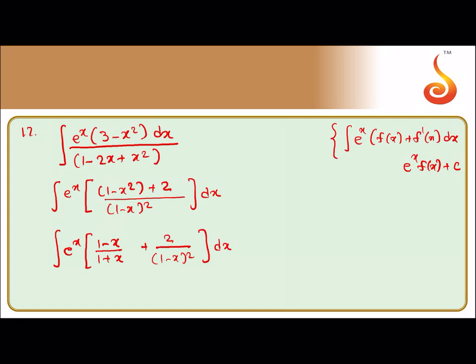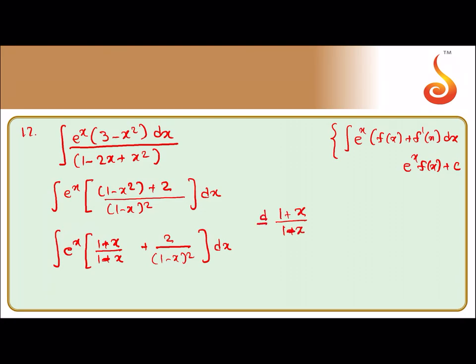How did it come? Because the factors are x minus 1 into x plus 1. I think there is a small error. This will be 1 plus x and this will be 1 minus x. So 1 minus x into 1 plus x, 1 minus x into 1 plus x. So what happens? One factor of 1 minus x will cancel, so 1 minus x is left over in the denominator and numerator 1 plus x is left over.